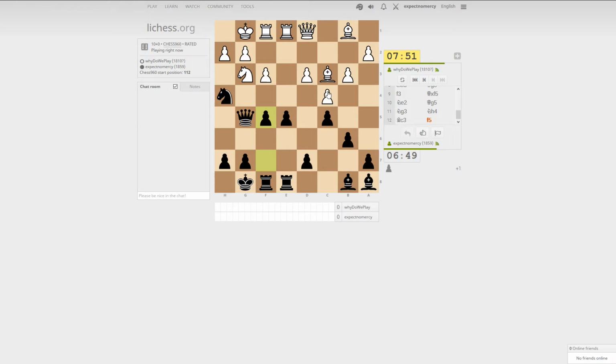f5, f4, bishop d2. I just play f4, but of course then the pawn is pinned and I can no longer take on there. I need to move the queen first, so there's that, and there's not all that many great squares for the queen. I mean, if I play queen g6 then d4 is possible once again, so but maybe I can...